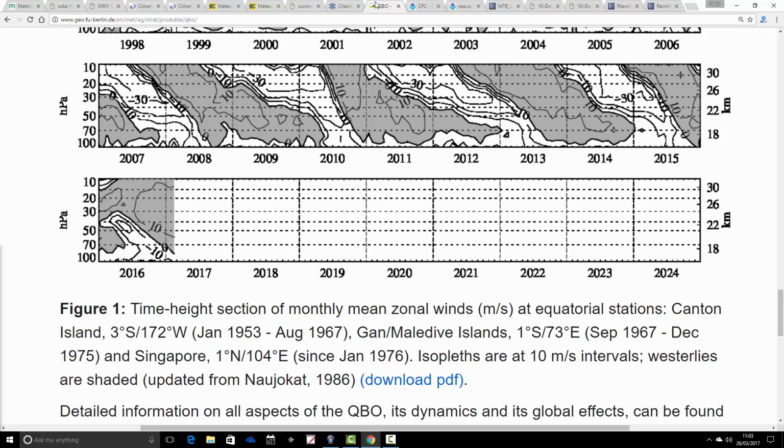So the QBO is still westerly. It's been westerly for a very, very long time. Now, when the QBO, the quasi-biennial oscillation, is westerly, it tells you that the zonal winds in the northern hemisphere, particularly around the pole, are strengthened. The zonal westerlies are stronger. So westerly QBOs tend to go with milder winters,